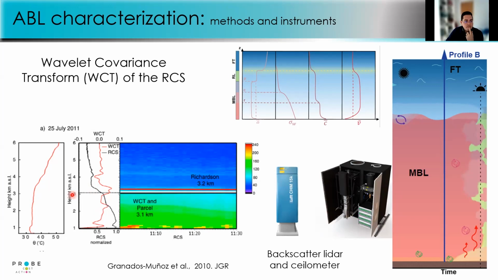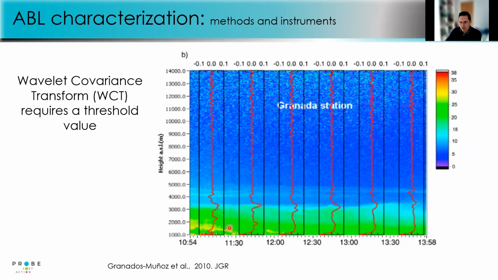But the issue in these cases is that we may have different local maxima in the profile. So which one is the correct one? Because if we look at the quick look by eye, we can say this is the correct point of the ABL top height. But if we want to do it automatically without checking the profile, without checking the quick look, then we have to set